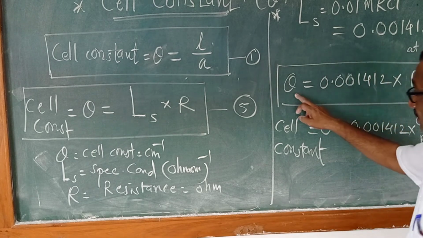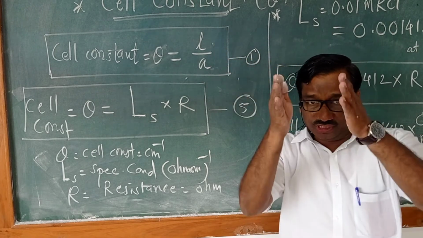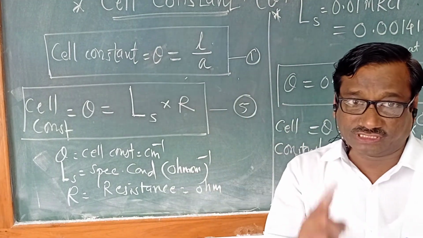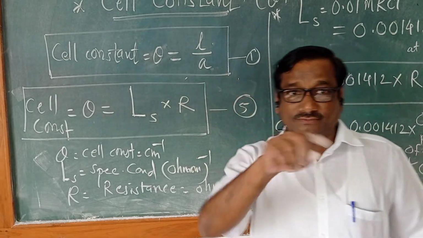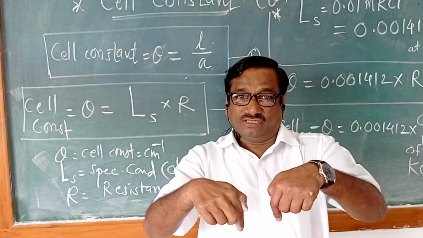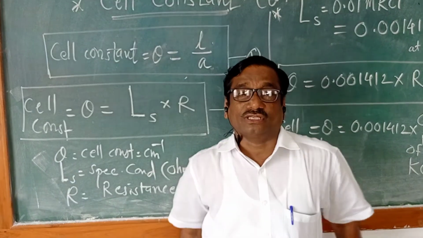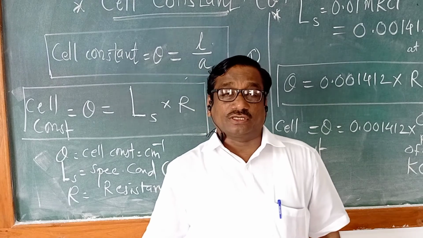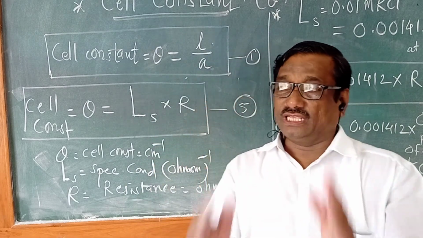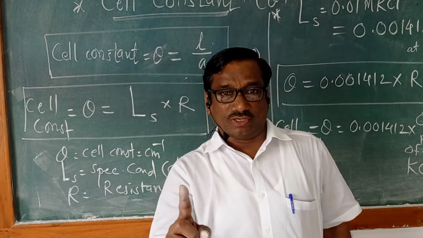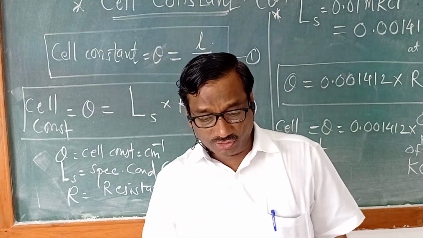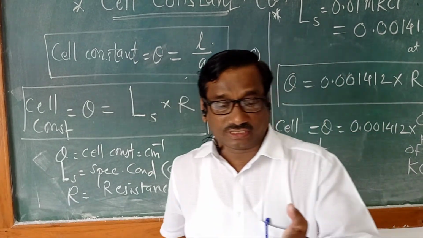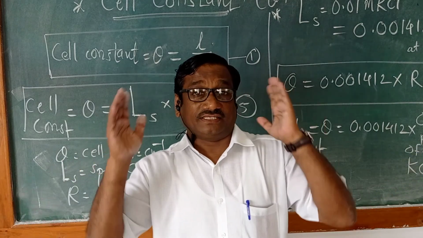Once you find out theta, theta is nothing but L by A. In the conductivity cell, the length between the two electrodes is 1 centimeter and the cross-sectional area is 1 square centimeter, so 1 divided by 1 is equal to 1. Here the cell is fixed in the glass tube, so its cell constant is constant. The manufacturer always writes the cell constant on the conductivity cell electrode. It is near about 1, constant, 1 centimeter inverse. In this way, you can find out the specific conductance and equivalent conductance for an unknown solution like acetic acid.